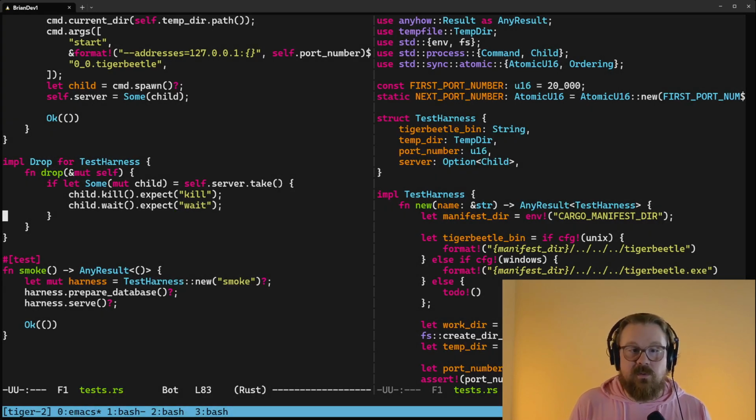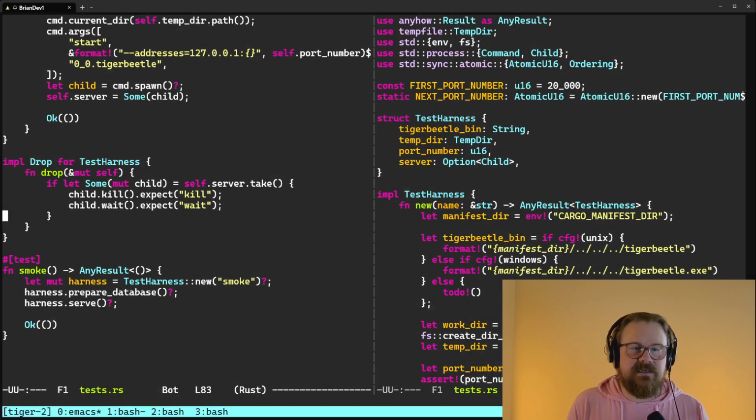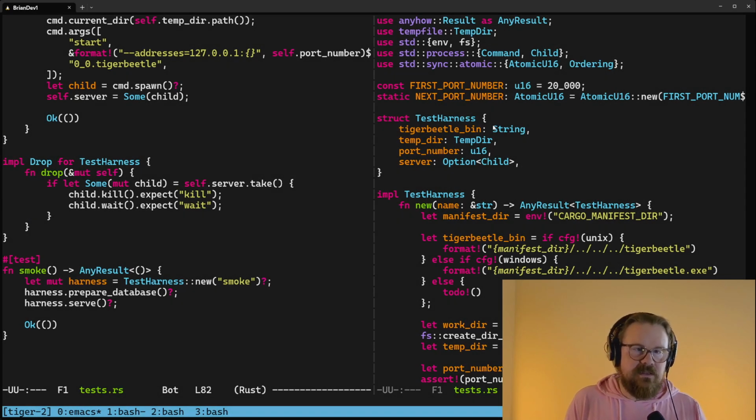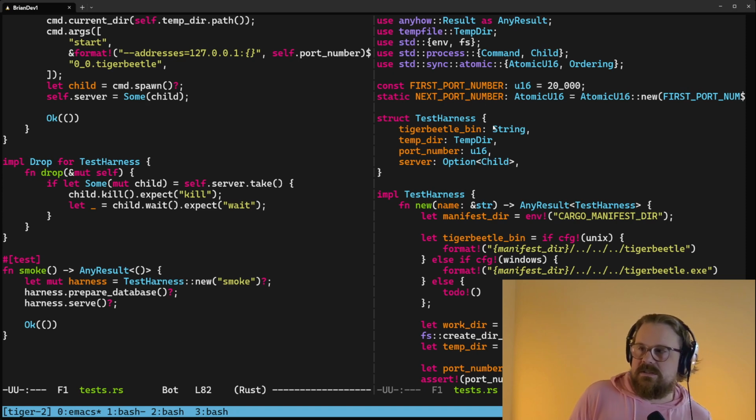I would expect that wait will never fail here. That would be a strange thing to see in our test suite. So I'm just going to say wait has to succeed. And then this is going to return a status, and I don't think we care about it here. We could check whether the server exited with a 0 exit code, but